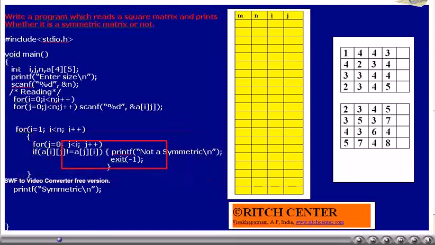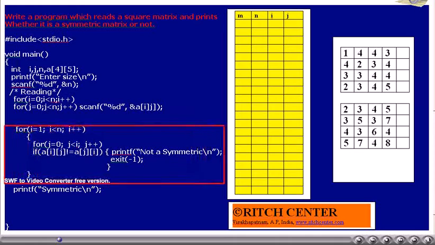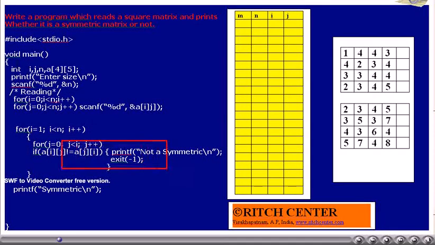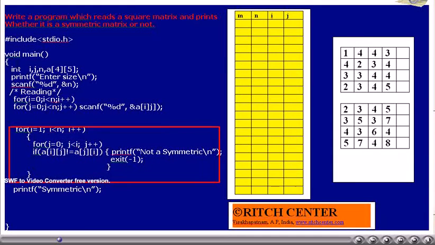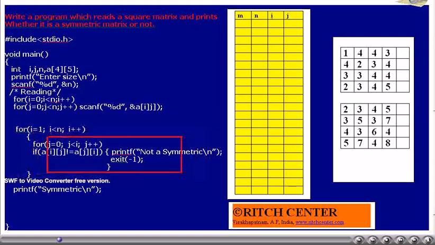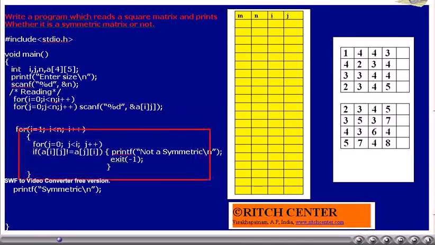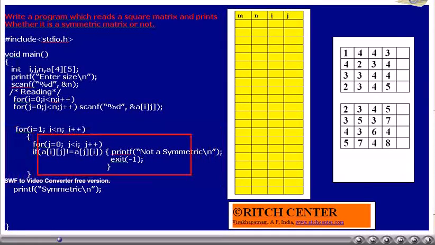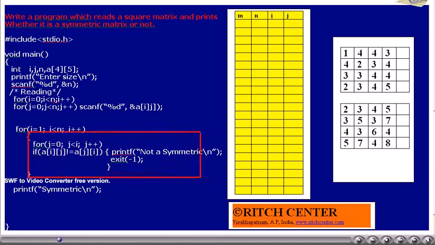If a matrix is to be symmetric, not only should its transpose be the same as itself, in addition, we can say that Aij, the ith row, jth column element, has to be the same as Aji.